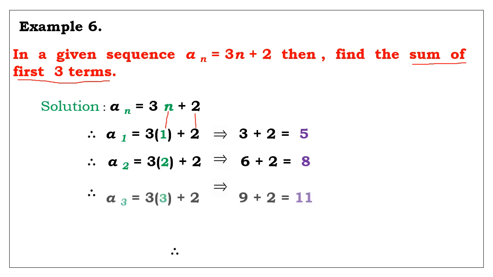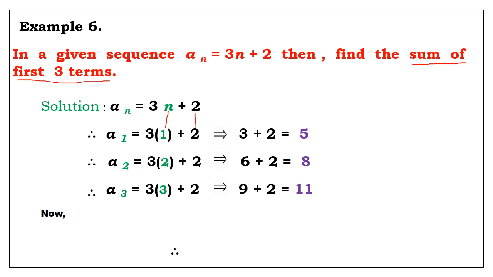In step 3, apply n value as 3. Therefore, a3 equals 3(3) plus 2. Now, 3 threes are 9, plus 2. 9 plus 2 equals 11. But however,